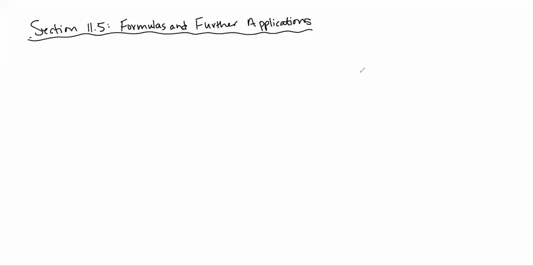Right, so section 11.5 is the last section for this class and the last section of this chapter that we'll be covering. So this is going to be kind of an application section based on the quadratic equations we've been talking about. First thing we're going to do is